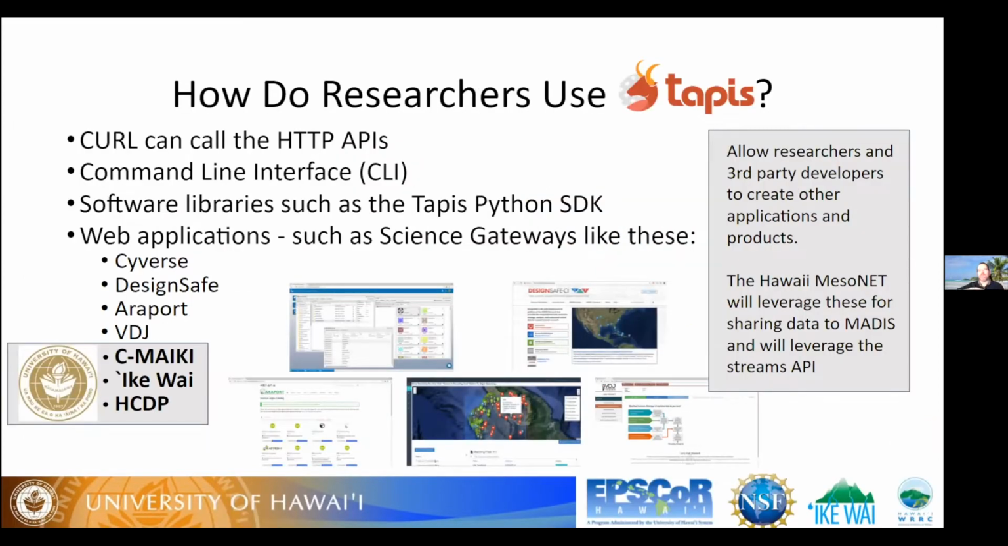So how do researchers use Tapis? Since we're using REST APIs, curl can be a client that we can use to make requests to Tapis. So if you ever use curl, then that's one way we can talk to Tapis APIs. It's rather difficult to remember all that. There's also some command line interfaces that we've built. And then one of the other ways here is the Tapis Python SDK, tapipy, which we will actually be using